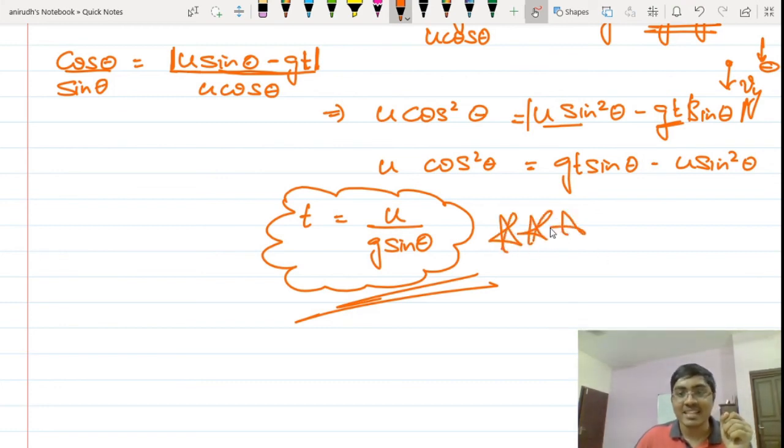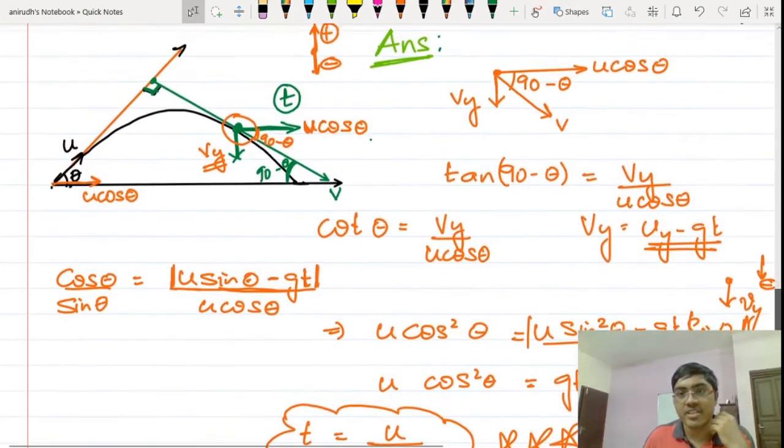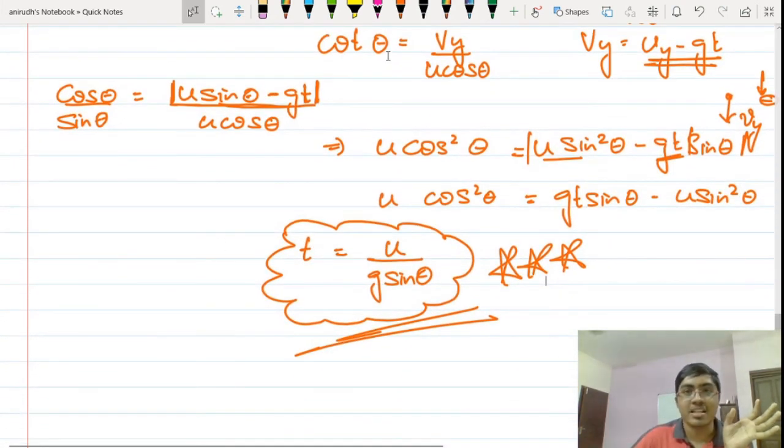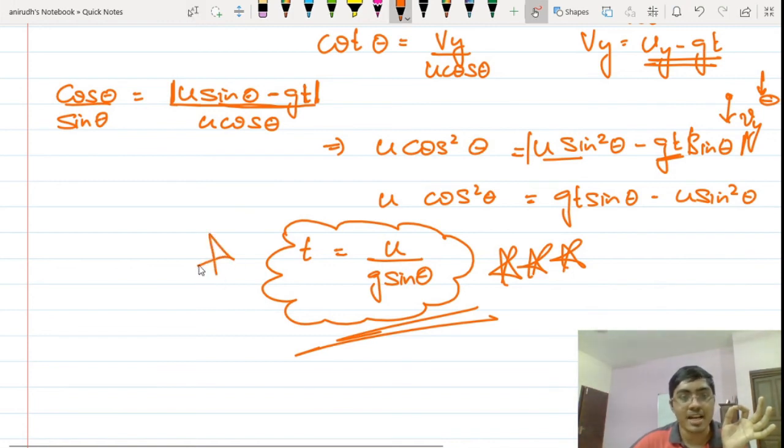Just because my teacher had taught this particular equation in the class, and he himself had told me that there is no need to understand the way by which we have derived it. If you want to remember the derivation, that is well and good, it is the way by which we should approach physics. But if you don't have time to remember all these things, at least remember this particular final equation. So if they ask this question in the NEET exam, you can have an upper hand over there.